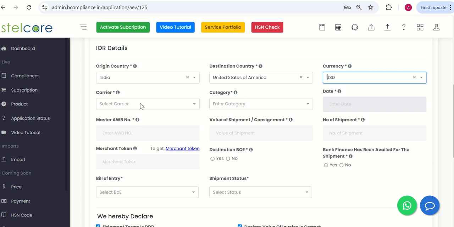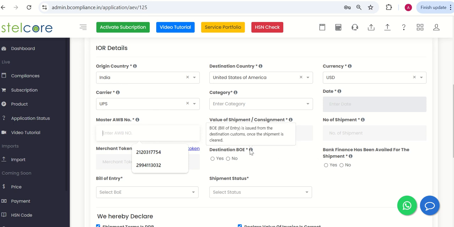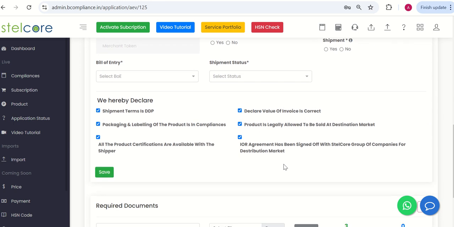Who's my logistics carrier, my master airway bill number, the date of shipment. Feel free to go ahead and just hover over the respective i tabs, and you will get the respective information. There will be some other pieces of information that will be required. You will be asked to choose the shipment status. Is it returned, delivered, in transit, partially delivered, bill of entry, and some declarations in terms of shipment is DDP,